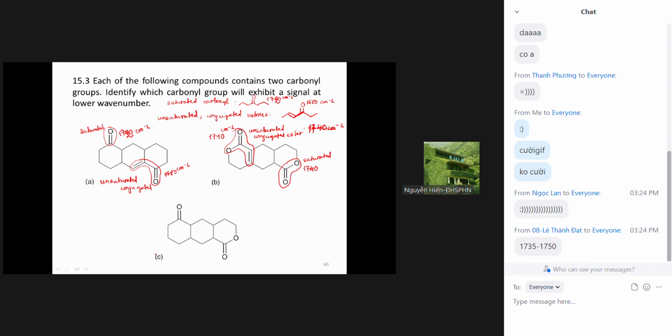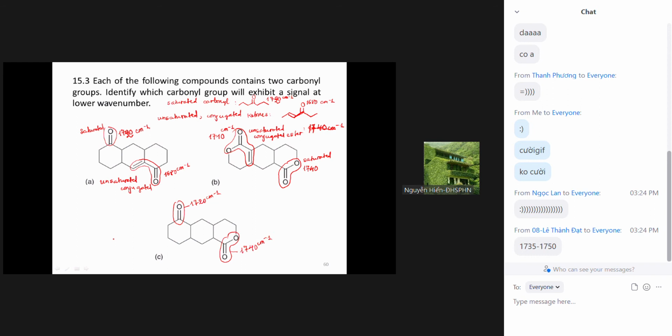Okay. In the last structure, you have two different kinds of carbonyl. The first one is in a saturated ketone, and the second carbonyl group is in an unsaturated ester. So this one should be 20 centimeters to the -1, and for ketone, for ester, it is about